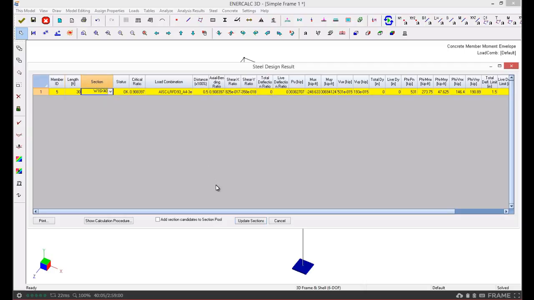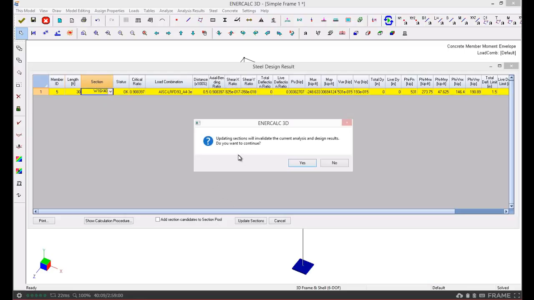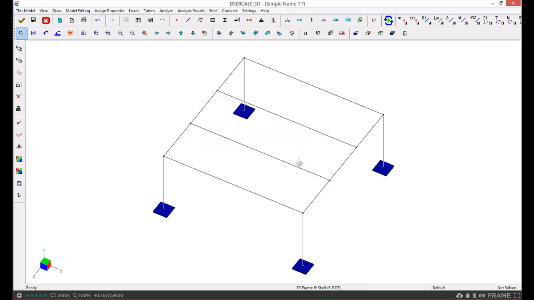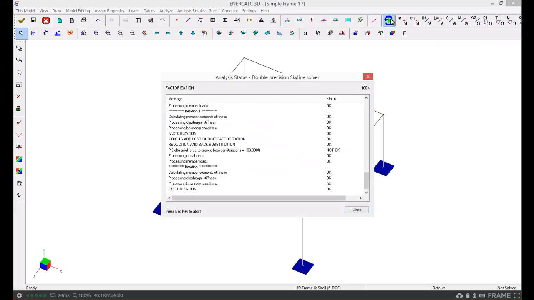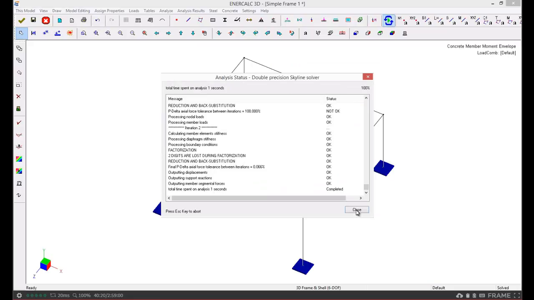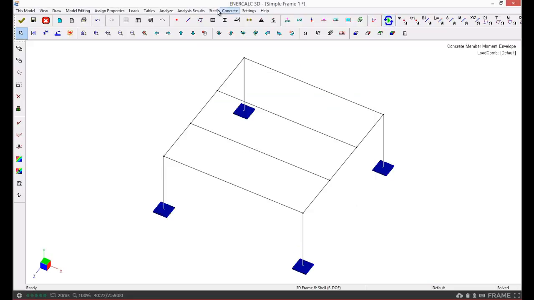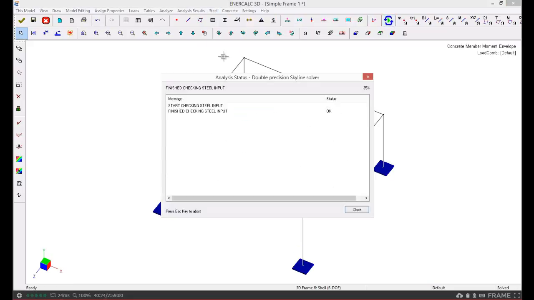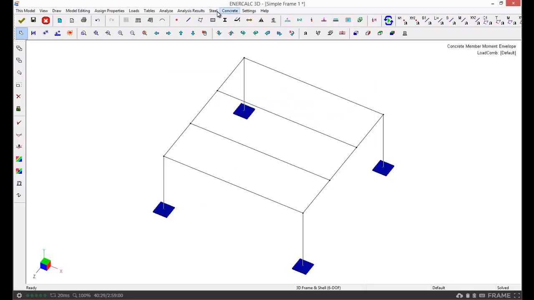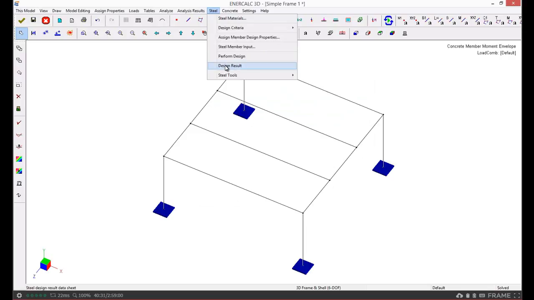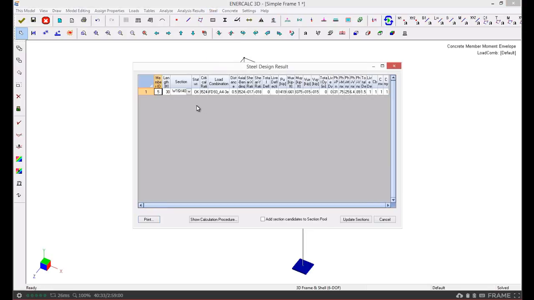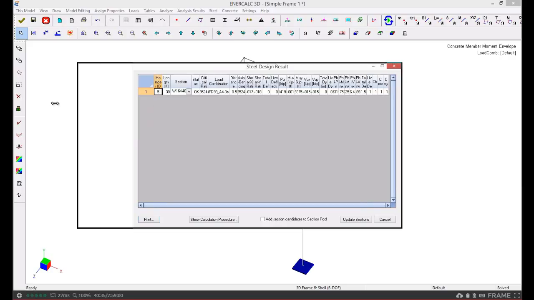So if we wanted to do that, what we could do is use the Update Sections button. It tells us that it'll update the sections, but that will invalidate the current analysis and design results, and we can say yes, we agree. Then simply reanalyze, close, steel design, perform design, close, steel design result. And again, if I widen this out,